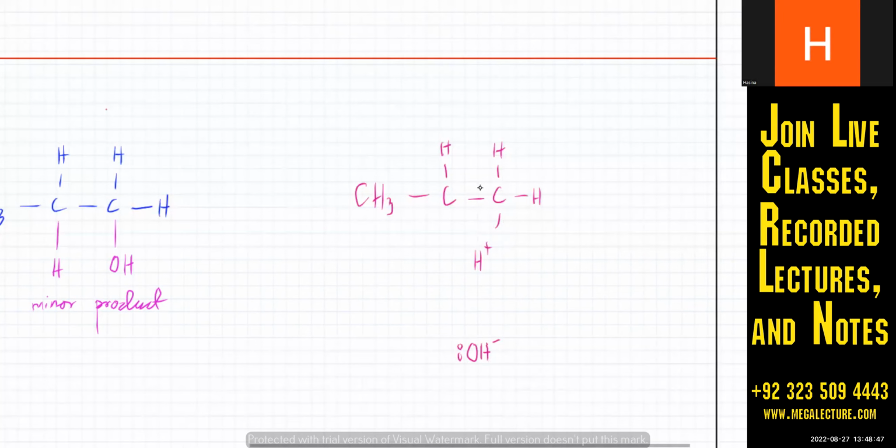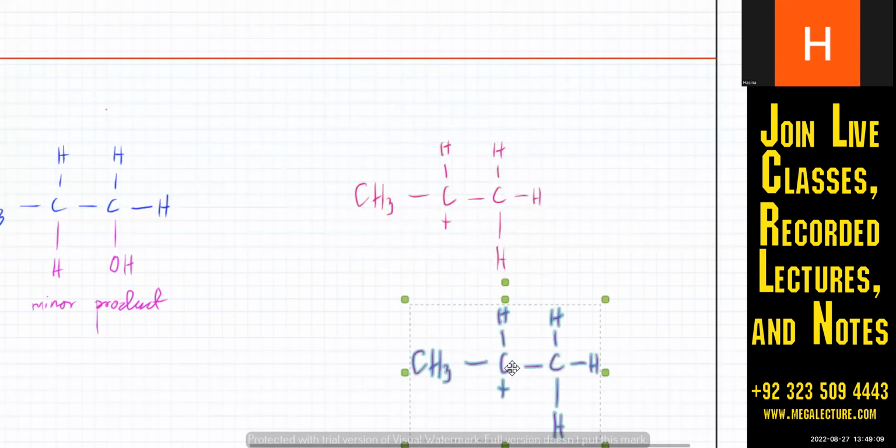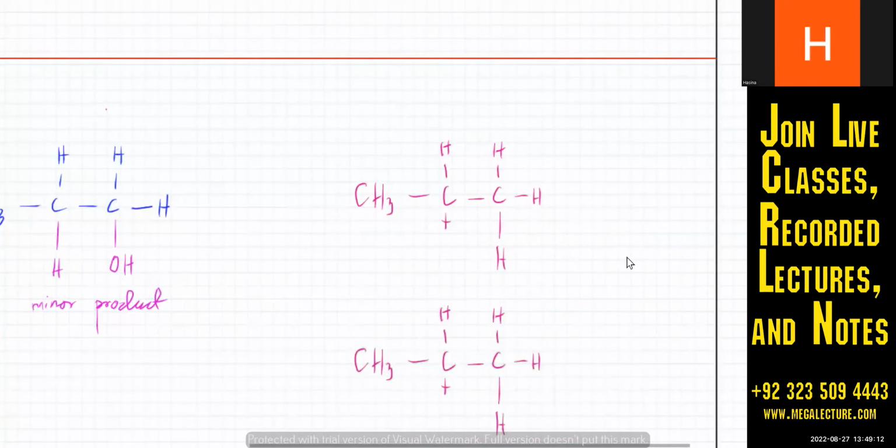So the H can form two types of carbocations. It can either pull the electrons from the double bond and bond with this carbon atom, and this carbon becomes positively charged, or vice versa. Let's ignore the OH. What it can also do is bond with the other carbon atom. And this carbon atom